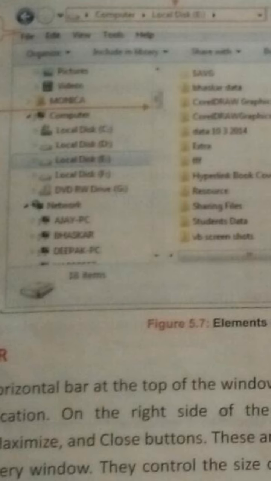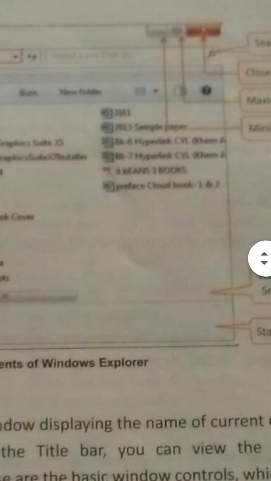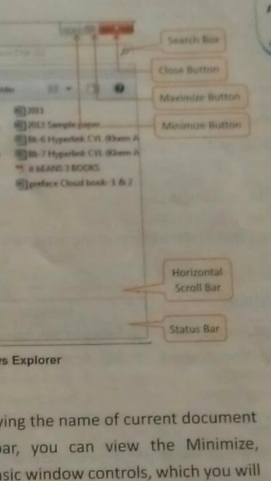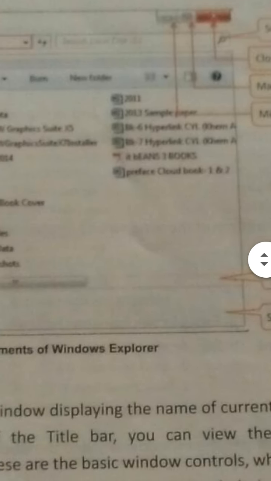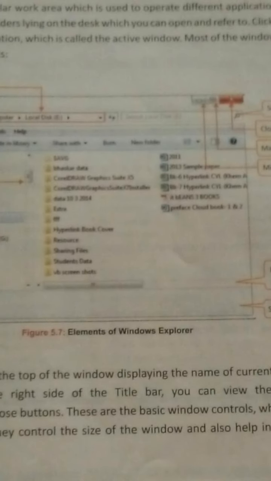Suppose a lot of locations are given which are not fitting here, in that case you can scroll the locations using the vertical scroll bar. The horizontal scroll bar is also given here at the bottom. This horizontal scroll bar is used to scroll the files from left to right.